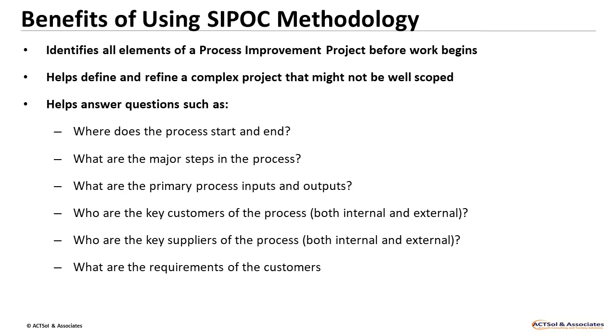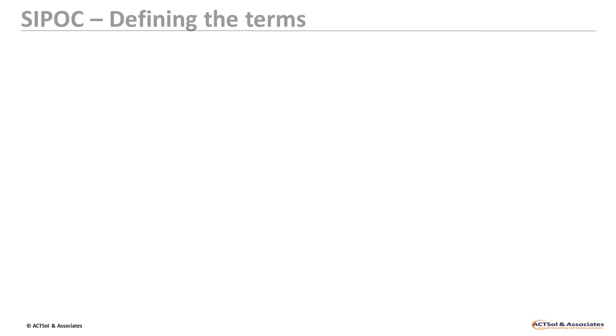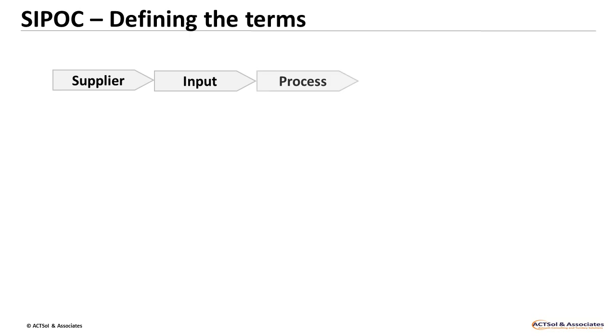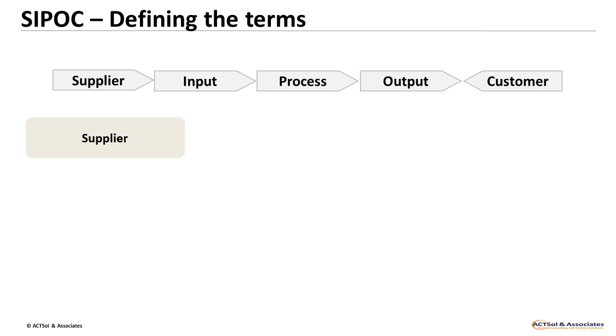On the next screen, we will explain SIPOC through a box diagram, a general format used to build a SIPOC chart. Defining SIPOC: supplier, inputs, process, output, and customers. Supplier: the internal or external suppliers of the inputs required for the process. Inputs: the inputs such as materials, forms, information, etc. required for the process to work properly, including any specifications for the inputs.